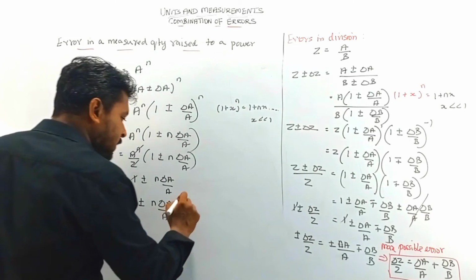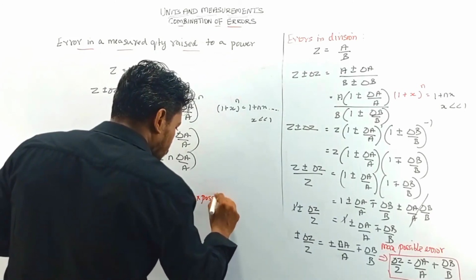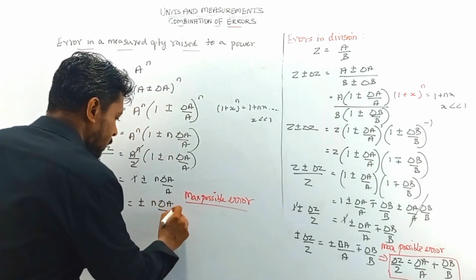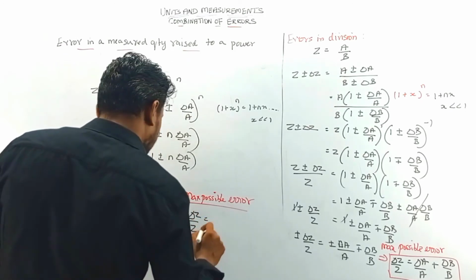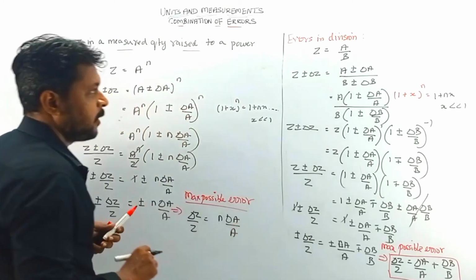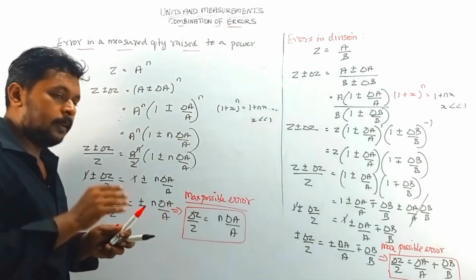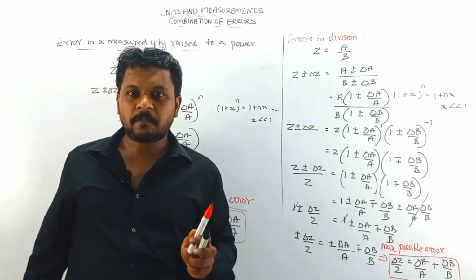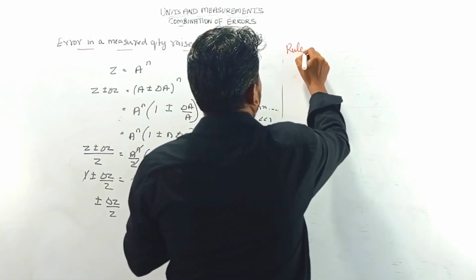From this the maximum possible error is nothing but delta z by z is equal to n into delta a by a. This is the generalized form of representing the relative error of a quantity raised to a power. So now what is the rule? Rule: